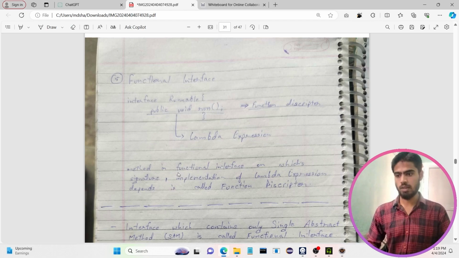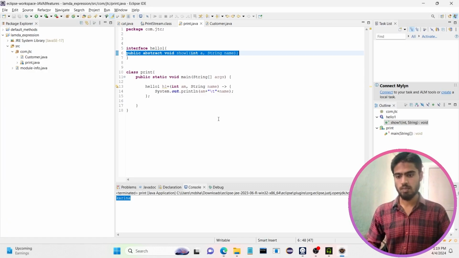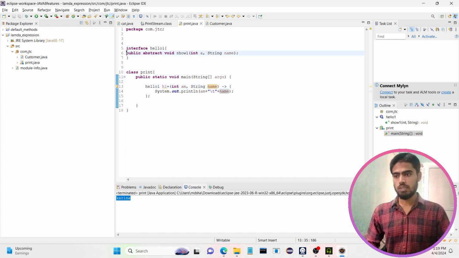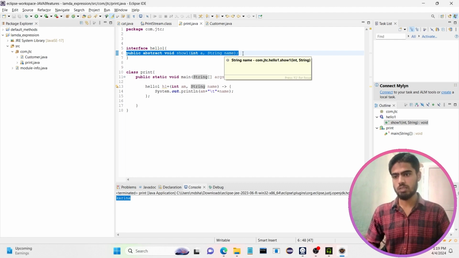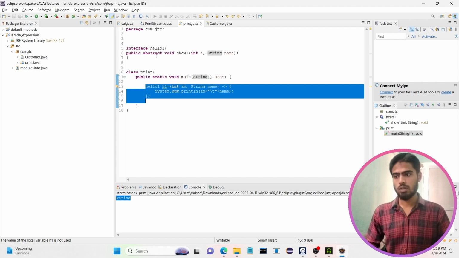What it is saying again: the method in a functional interface on whose signature the implementation of lambda expression depends. So this is the signature of the method, which is the single abstract method. On this method signature, the lambda expression is depending, and this